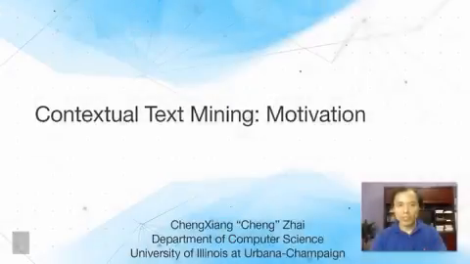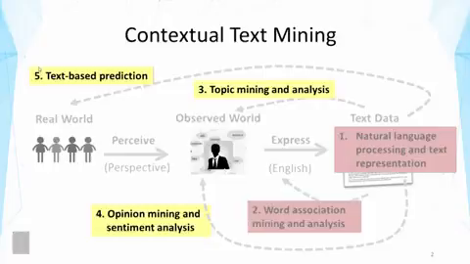This lecture is about contextual text mining. Contextual text mining is related to multiple kinds of knowledge that we mine from text data, as I'm showing here. It's related to topic mining because it can make topics associated with context, like time or location. And similarly, it can make opinion mining more contextualized, making the opinions connected to context. And it's related to text-based prediction because it allows us to combine non-text data with text data to derive sophisticated predictors for the prediction problem.